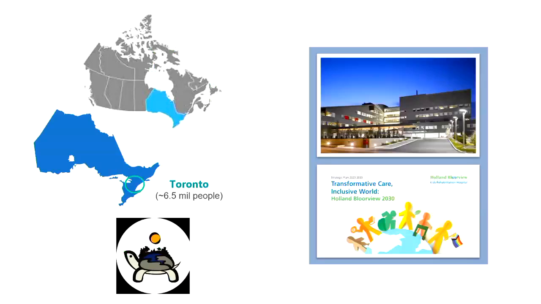So Toronto is actually really big now. It's almost 7 million people in the GTA, which is wild to me. I left and it was 4, I came back and it exploded. And we are on the land of the Seneca and Huron-Wendat peoples. And Holland Bloorview is the largest pediatric rehab hospital in Canada. So we filter in from many people across the province, but it's a lovely place over a ravine, and it's really nice to work there. It has one of the largest pediatric acquired brain injury services in the country. And so that's the group that I'm going to focus on today.